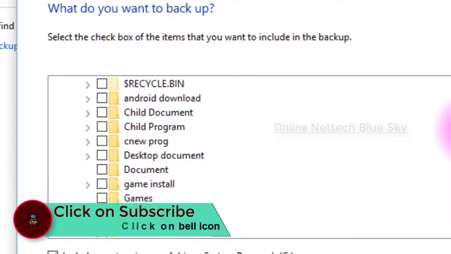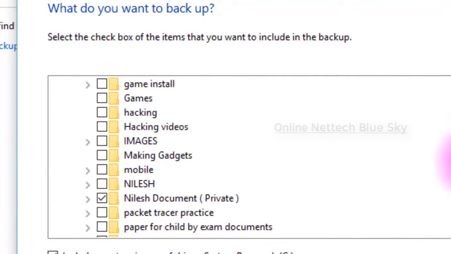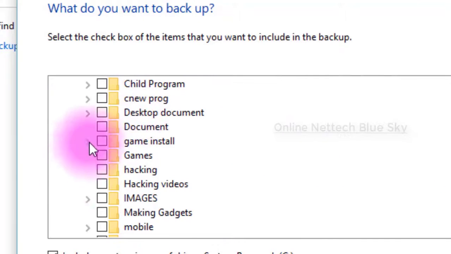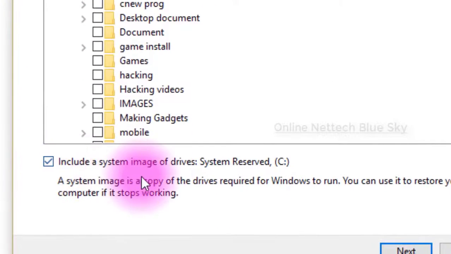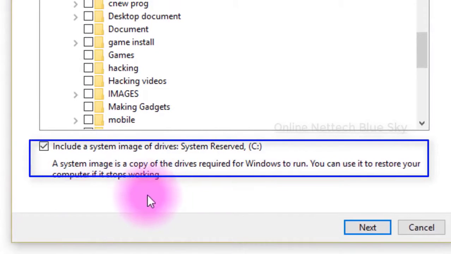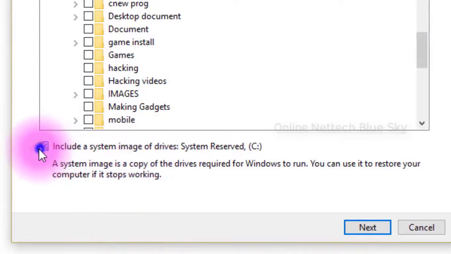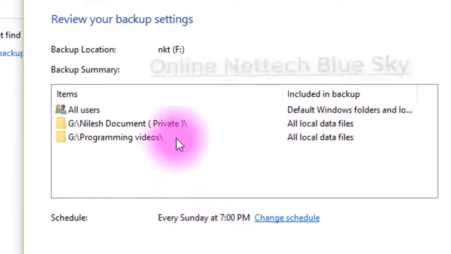You can back up all of your hard disk, but I want to customize and choose my own backup. The third option, which I don't want, is to include a system image of the drives required for Windows to run, the system reserved partition with partition C. That means you can restore your computer if Windows stops working. This system image includes the system reserved partition data, which is taken automatically, but I don't want it.